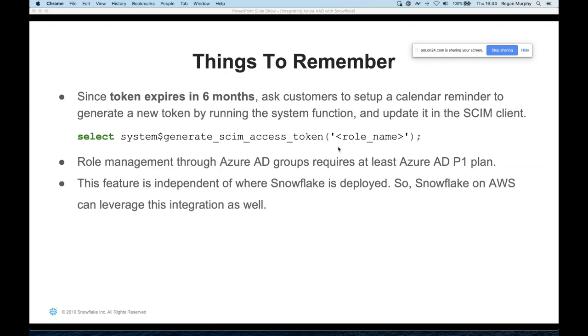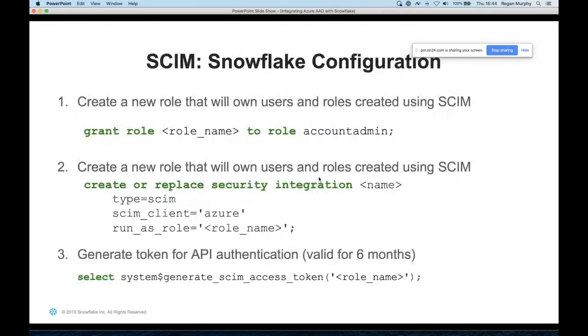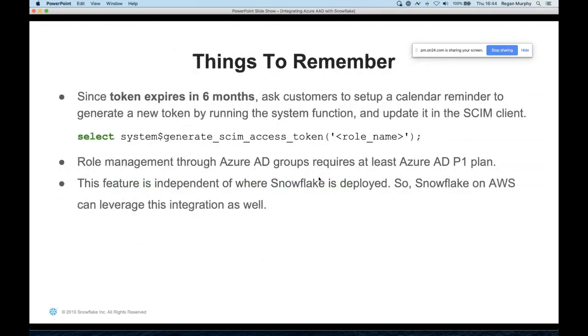Something else to remember is that role management through the AD groups means that you need at least the Azure Active Directory P1 plan, a premium plan. So you do need to be paying for Azure AD if you want to have the groups synchronized across. You can have just user accounts synchronized across on the free Azure AD plan, but if you want the groups, which is where all of the best part of this comes from, then you need to have one